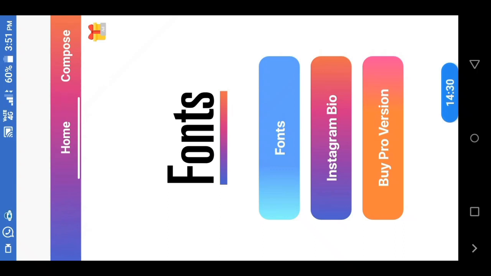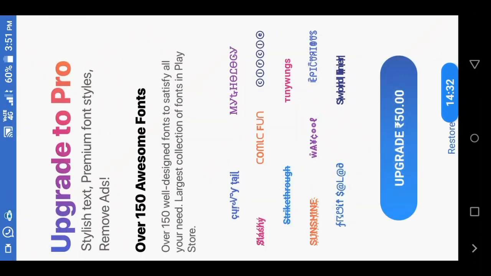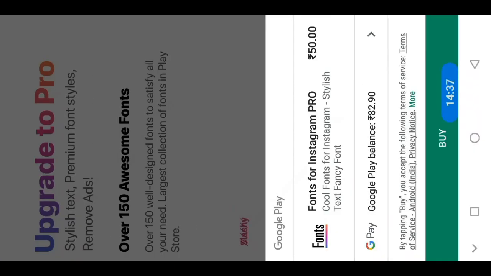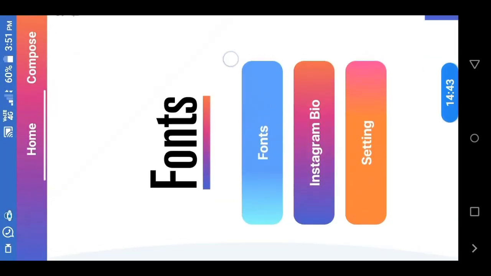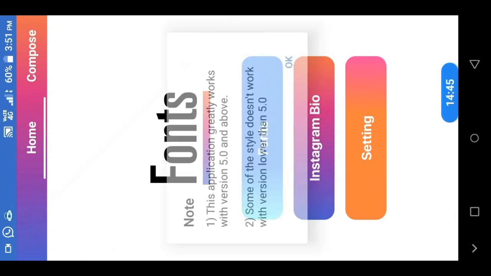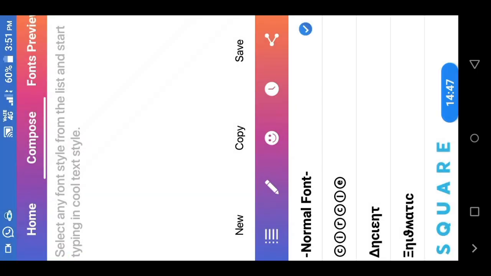Now let's click on buy pro version. So here it is, upgrade. Now we will go back. Now you can see your purchase is successful. You can see now you can use all the fonts.